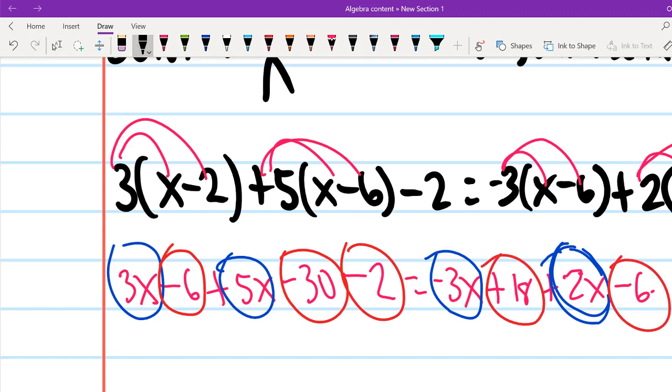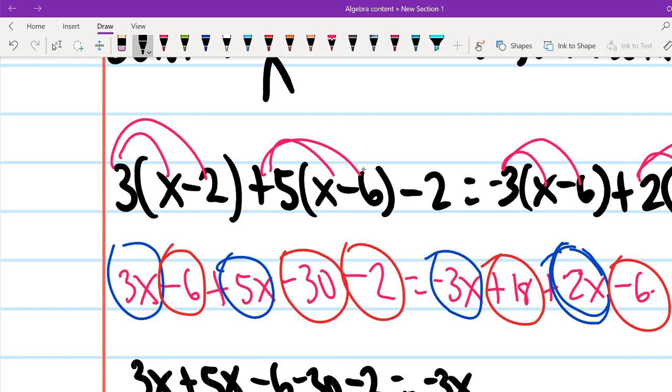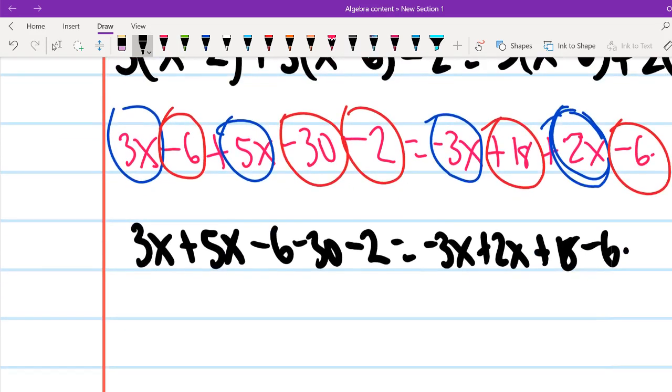So then you would say 3x plus 5x minus 6 minus 30 minus 2 equals negative 3x plus 2x plus 18 minus 6. So you say 8x minus 38 equals negative x